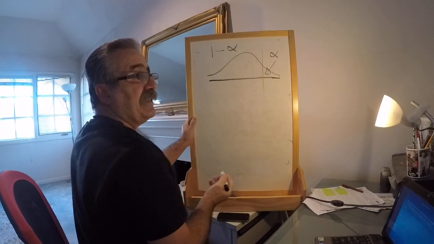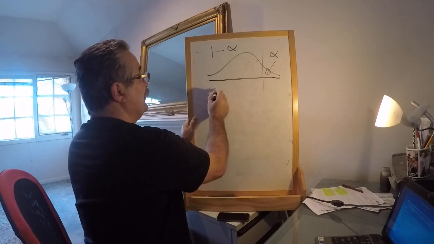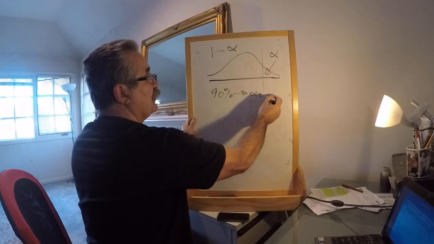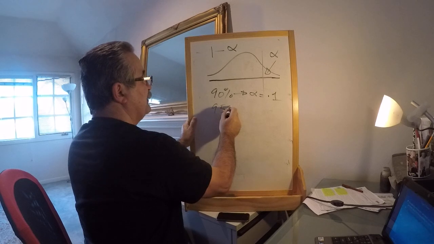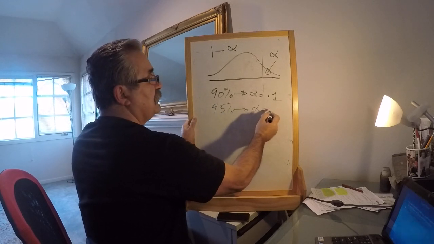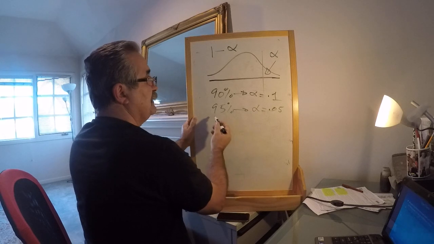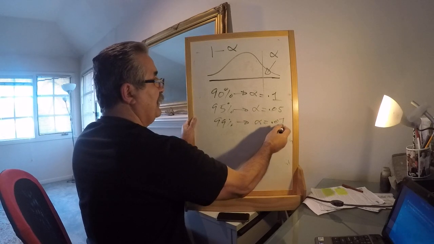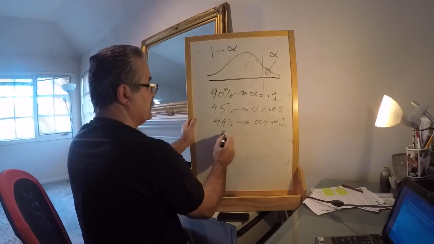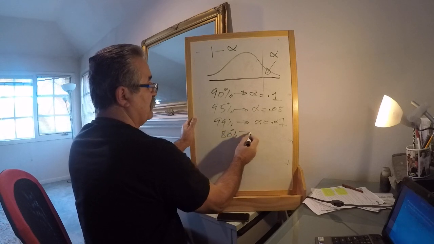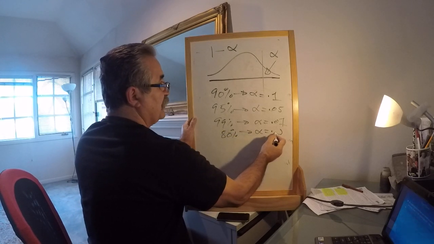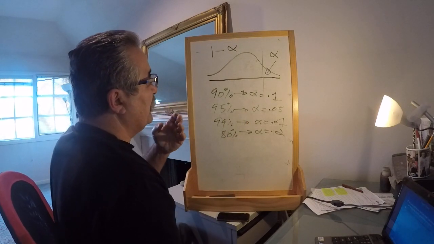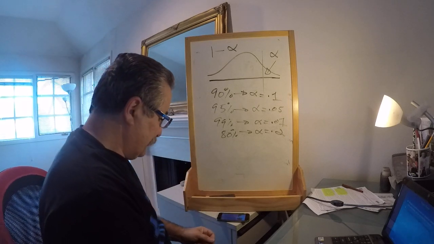Again, if you remember, if we're dealing with 90% confidence level, then alpha is equal to what? 0.1. If we do 95%, then alpha is equal to 0.05. If we're doing 99%, then alpha is equal to 0.01. If we're doing 80%, then alpha is equal to 0.2, so on and on, right? Now, when we are going to do the hypothesis testing,